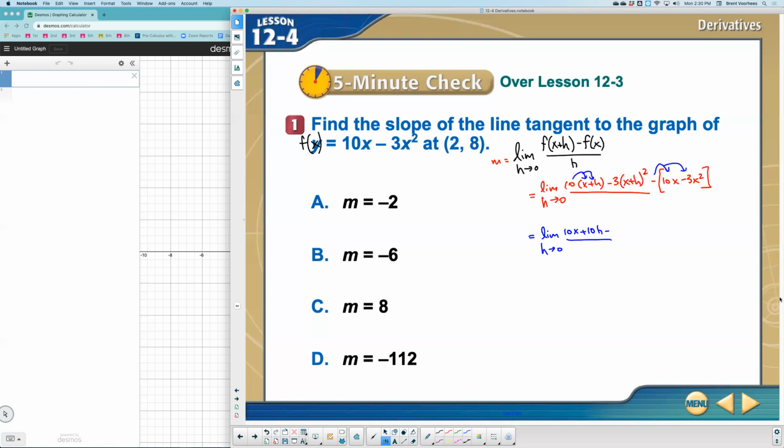When I distribute here and here, I'm going to have 10x plus 10h minus, and here I need to do a FOIL. So I'll do it up here: x plus h times x plus h. We saw this a few times last class. Technically I would need to multiply this by 3, which you can do at the start or at the end, but since we did this FOIL so many times last class, we saw that it would be x squared plus xh and another hx, so 2 hx's plus h squared. I'm going to rewrite it that way. So I'll say this is 3 times the x squared plus 2 hx's plus h squared,